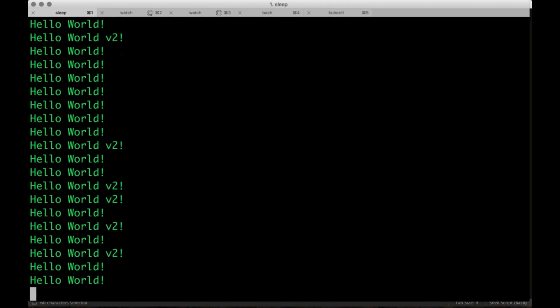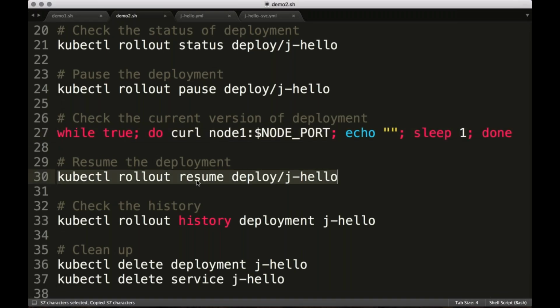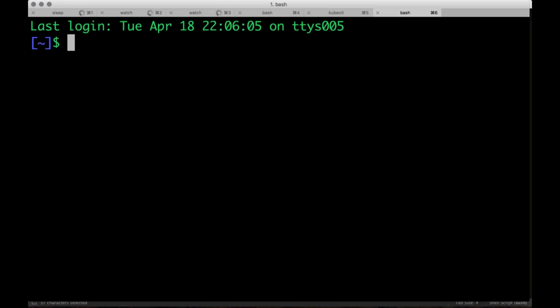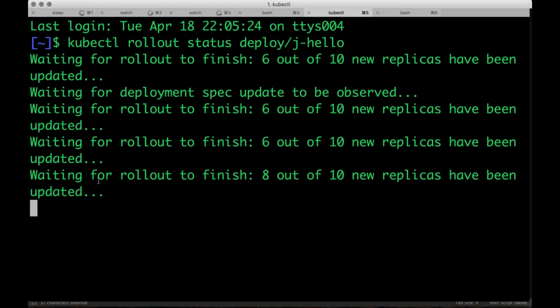So this is how you can basically route the traffic across different versions and get user feedback, or look at your metrics, look at your logs, and later on you can come back and just execute one command, which is kubectl rollout resume deployment. So now let's execute this command, okay, rollout resume, and right after that, waiting for rollout